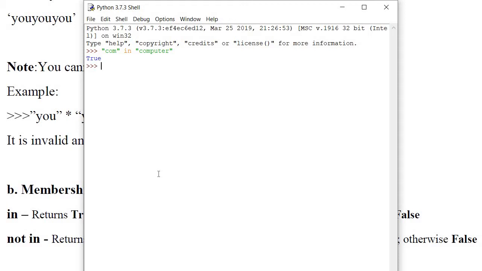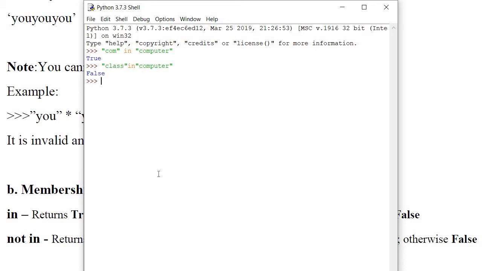That's why it's saying true. Now, if I write class in computer, it will say false, because class is not present in computer.